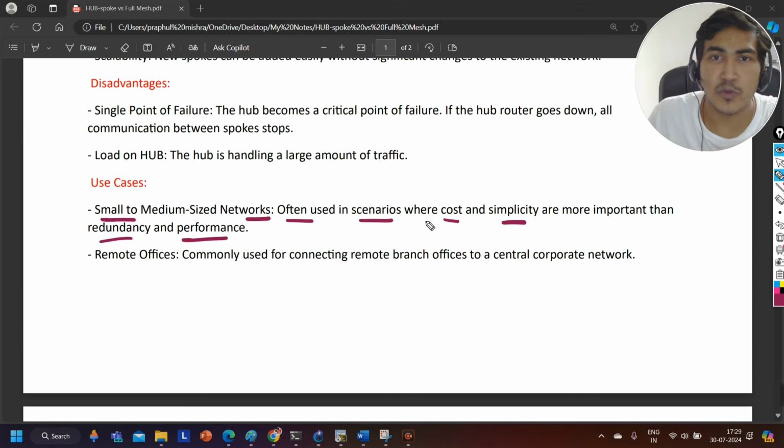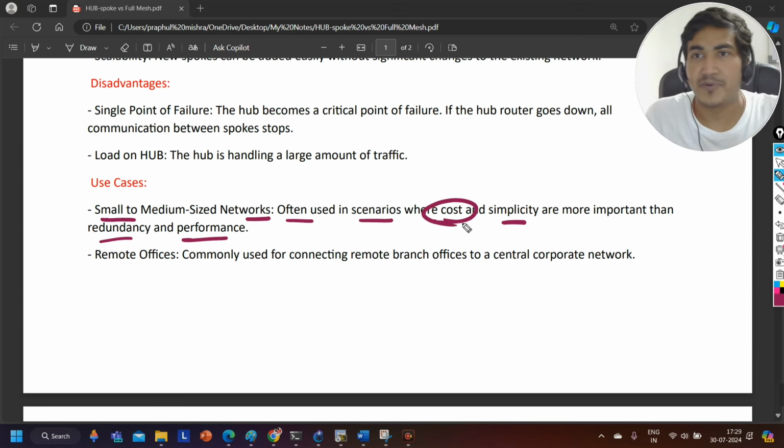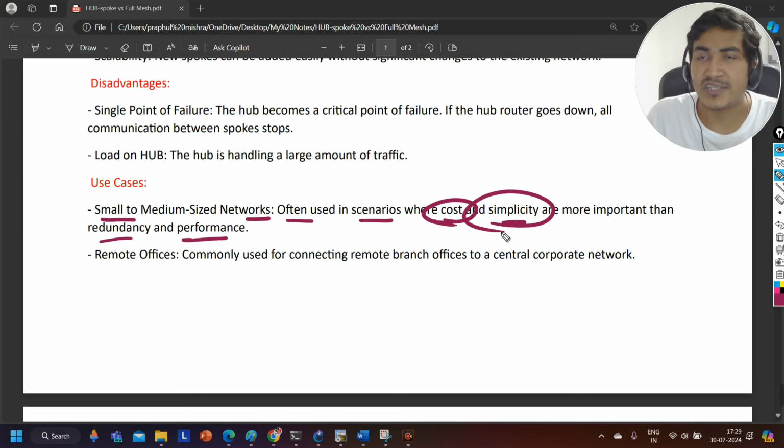Because hub and spoke topology is cost effective and simple. It's simple, easy to troubleshoot and manage. But here we have an issue with redundancy and performance. So if you can manage redundancy and performance, then definitely you should use hub and spoke topology. Then